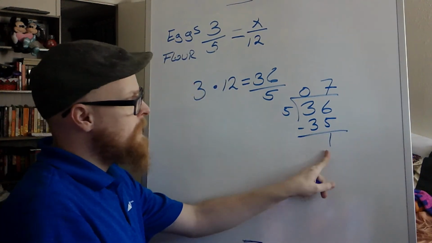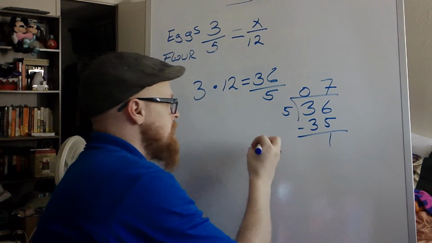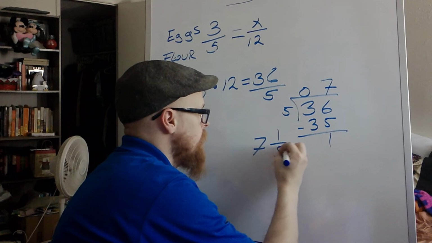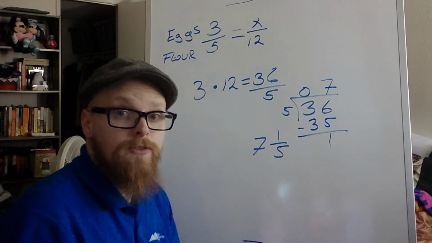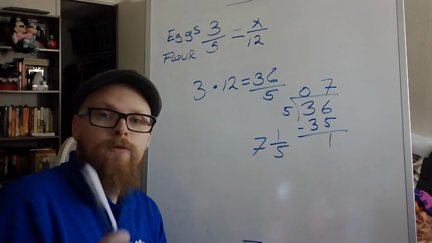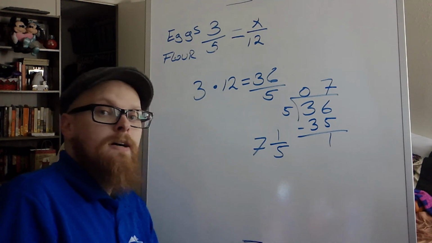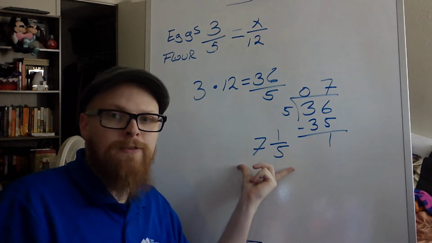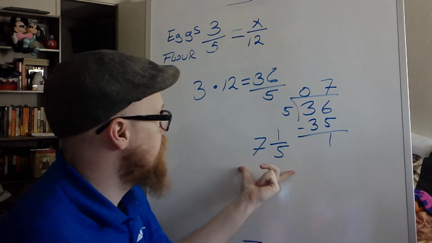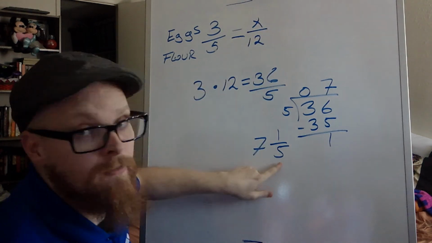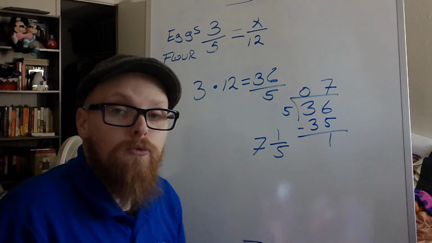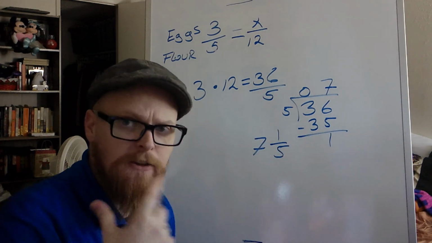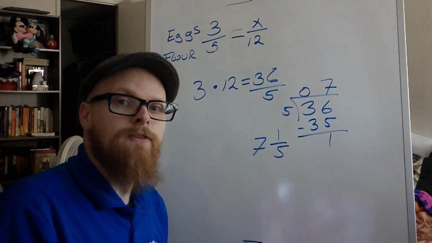I know 5 won't go into that remainder, so I have a fraction left over, right? My whole number is whatever's up here. This one goes back over my fraction. So if you struggled with those fraction problems, go back, review them, redo them if you need to, okay? Fractions are important. They will be important from this point on. You will never not see fractions, okay? So this is my answer for this one. My x will be 7 and 1/5. Okay? So regardless of whether you're missing numbers on top or missing numbers on bottom, you multiply diagonally, and you divide by whichever number you haven't used yet. That will give you your last piece of your